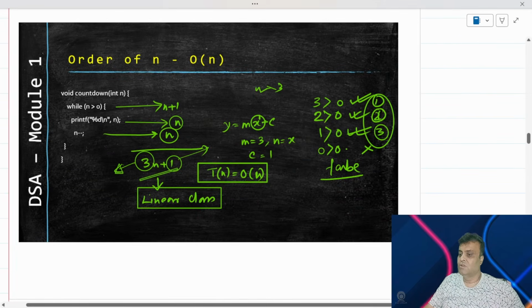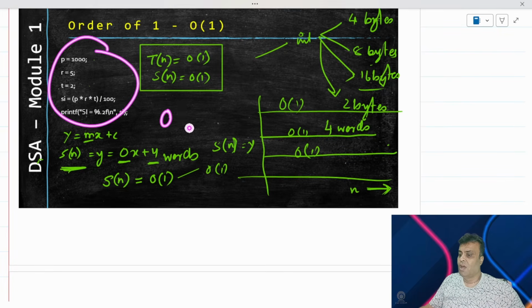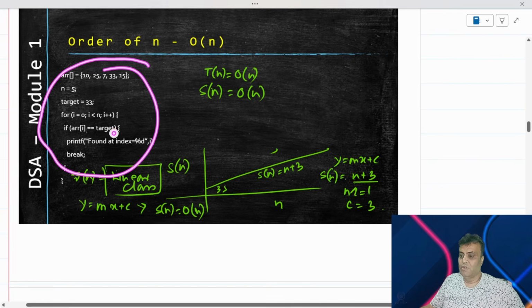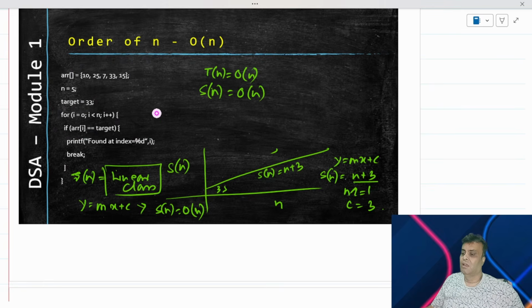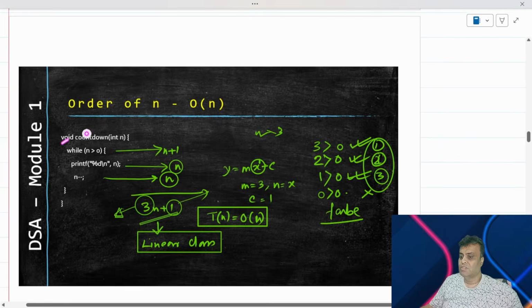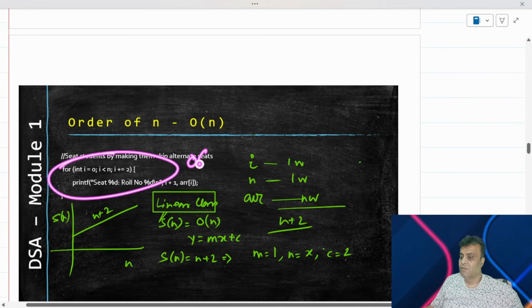Without any loop, if you see any code, it is going to be an order of 1. There is no loop. With the loop here, it's going to be an order of n because we have a loop here. Forget about all the constants. Order of 1 will always become negligible as compared to order of n, because your highest degree will still be order of n. And we established here also, this is a loop, and there are no further loops, only one n. Here also we established this is going to be order of n. There is one single loop.